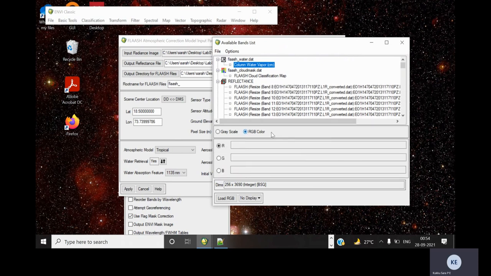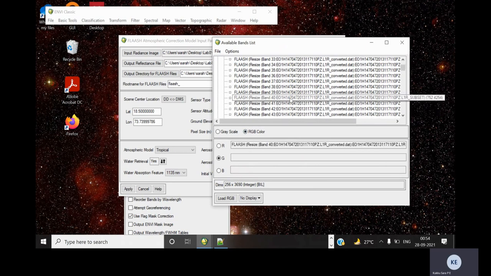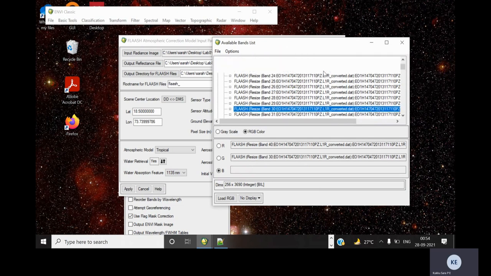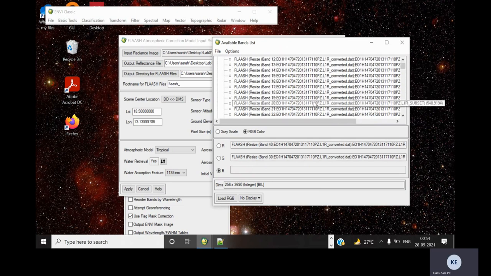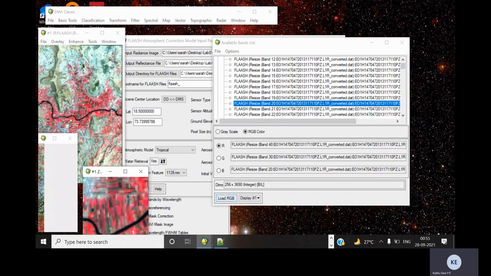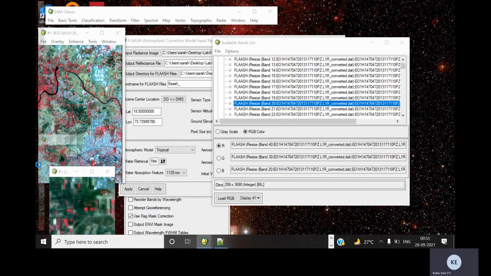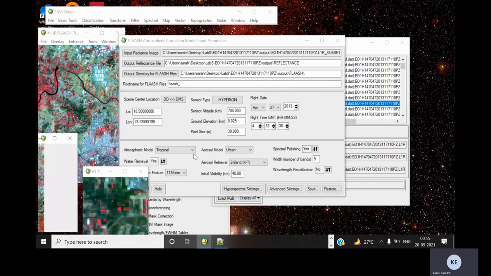For that, select RGB, select band 40, band 30 and band 20. Then click on load RGB. So this has created the RGB for our surface reflectance image.